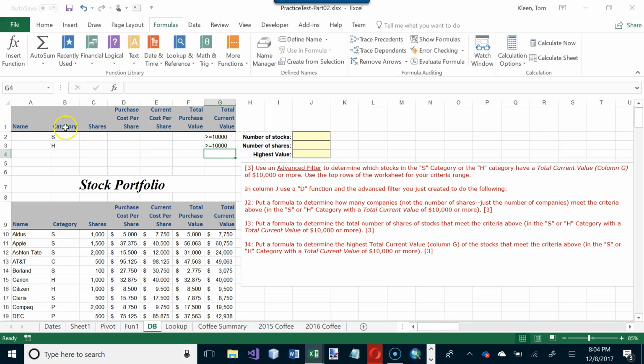Okay, so if you remember, the way this works is the rules on each row are connected by the word and. So this row says I'm looking for the category S, and it has to have a current value of 10,000 or more. If that doesn't work, then the next rule is this one. The row 2 rule and the row 3 rule are connected by the word or, but the stuff on the same line is connected by the word and. So down here I want to know if it is the H category